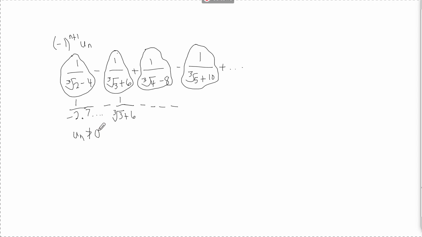The other question that I'm seeing come up is to basically clarify: if we want to test whether or not u sub n is positive, should we ignore that sign, as long as the series then is alternating? If I'm understanding this question correctly,